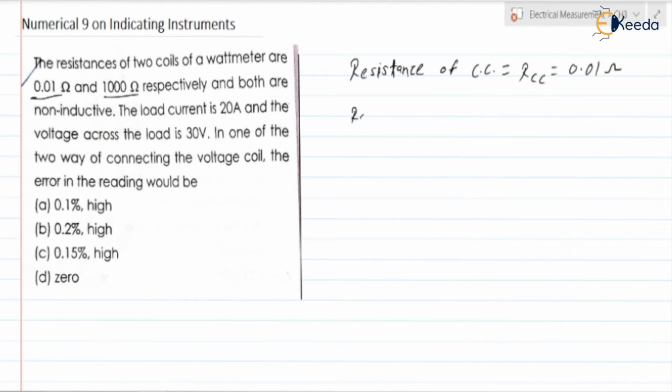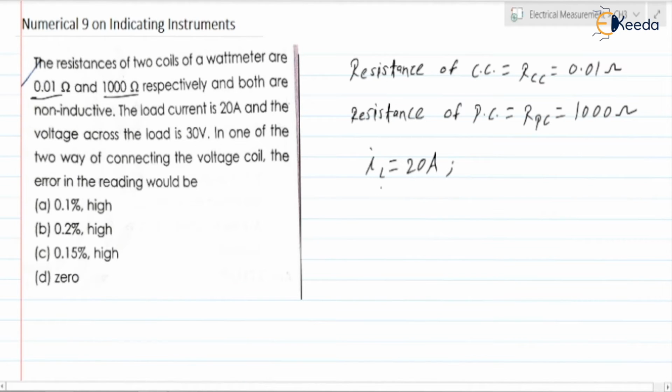Next, resistance of pressure coil. Let us denote it as RPC. Resistance of pressure coil is equal to 1000 ohm. Next, load current IL is equal to 20 ampere. Next, load voltage VL is equal to 30 volt. In one of the two ways of connecting the voltage coil, before that, let us find the true